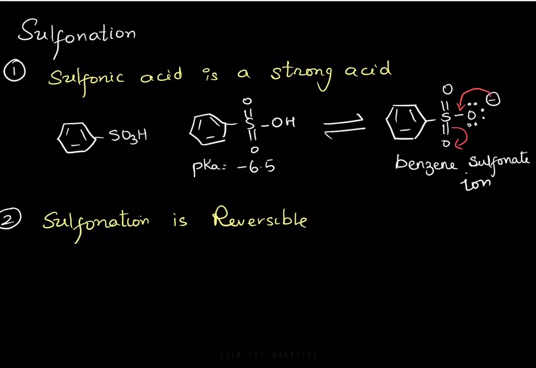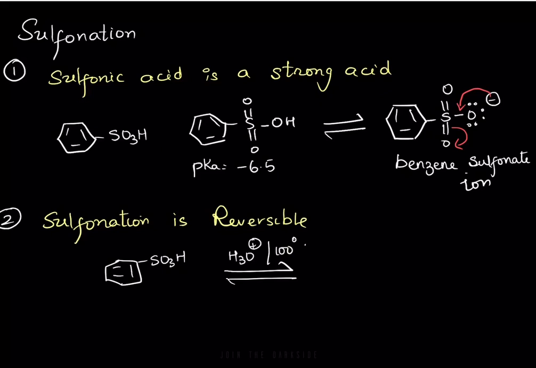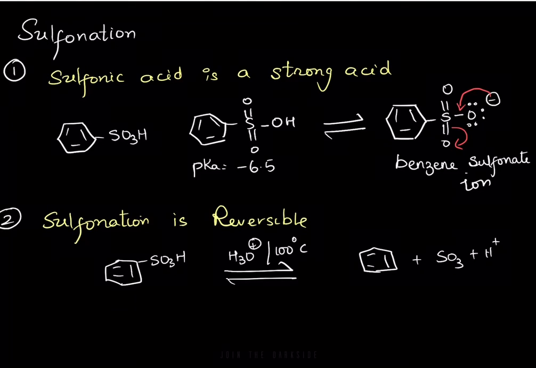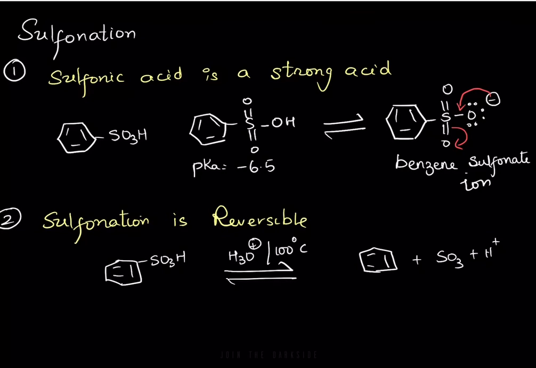And the next thing that you have to know about sulfonation is that it is reversible. So when the benzene sulfonic acid is heated in the presence of an acid at 100 degrees Celsius, you will get back the benzene. It's desulfonated, and you will get back the sulfur trioxide and the acid. Remember, H2SO4 is the acid that you use. You will get back the H2SO4. Okay, so this is all about the electrophilic aromatic substitution reaction of halide